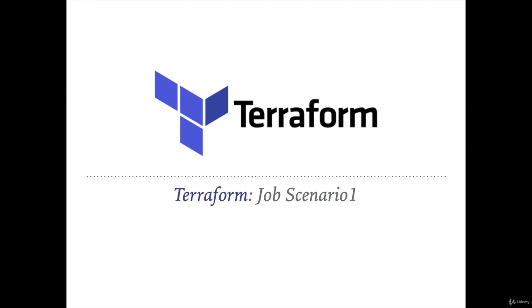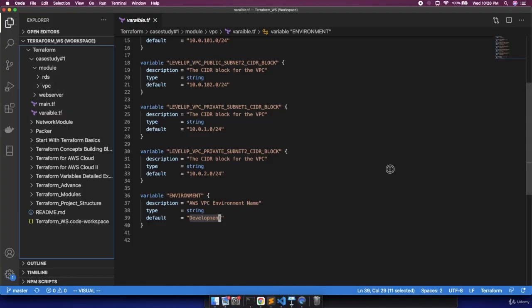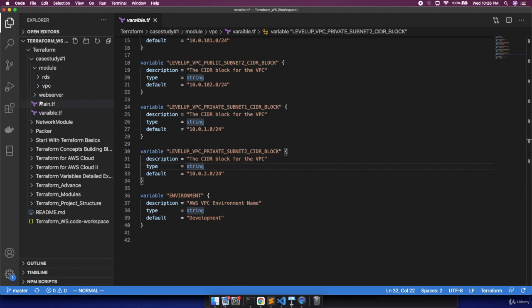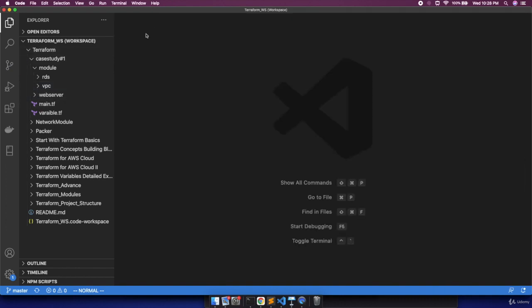Today we will discuss another module of this job scenario, which is RDS. So let's go to the code editor and see what Terraform configuration we have created for the Relational Database Service in Amazon. In the last lecture, we discussed the VPC. I'm going to close this